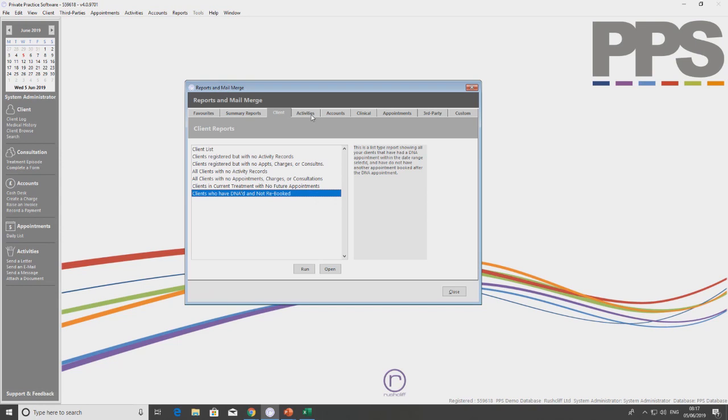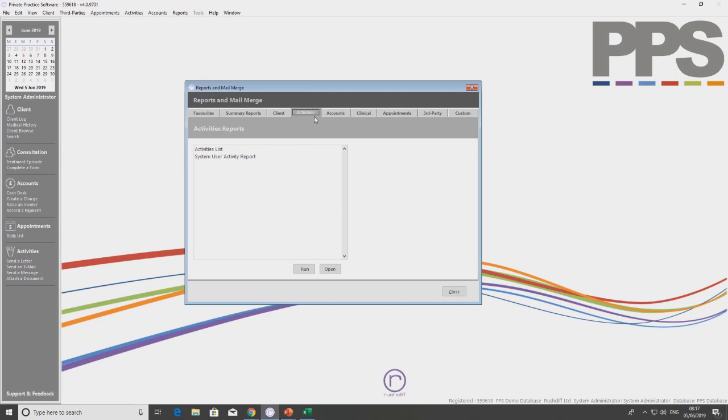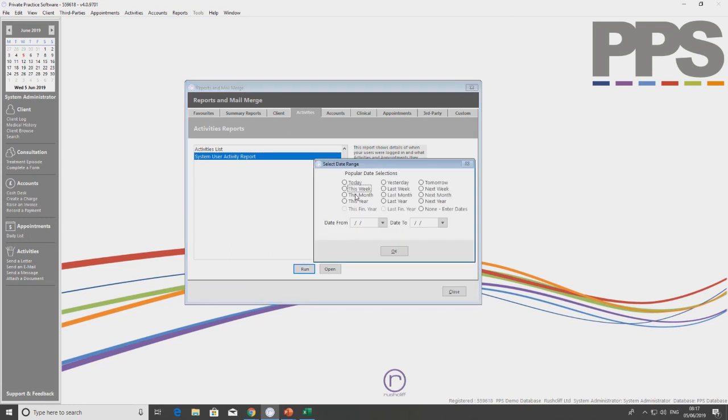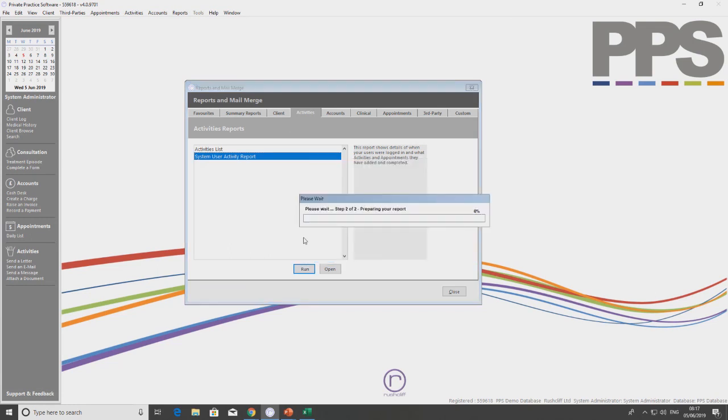Moving along, we also have our activities section. Now, this one is pretty scarce because there's not too much reporting that's available on the number of emails that are sent or the number of letters that you send through the system, etc. However, this system user activity report is quite useful for people that have quite big practices or a lot of admin staff. If we were to just run that for this year, all it does is export to Excel for us,